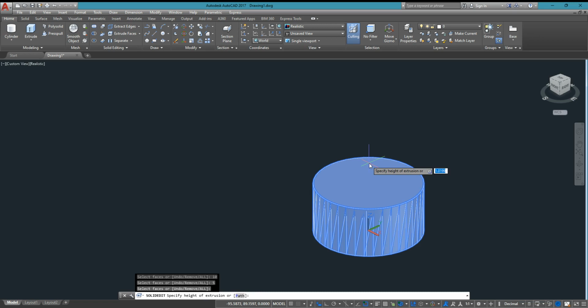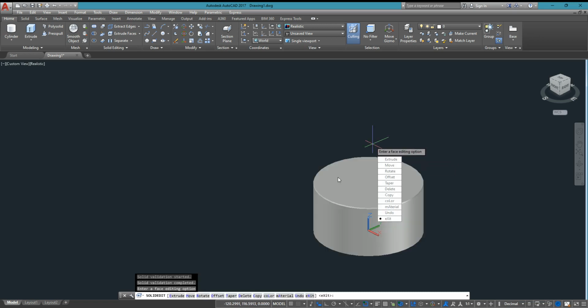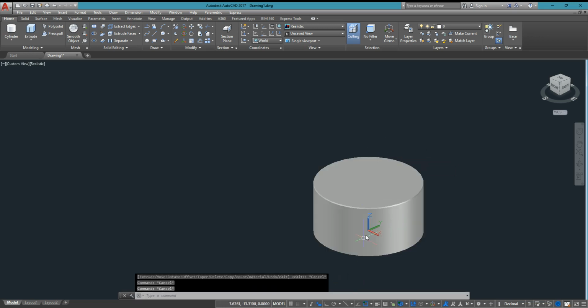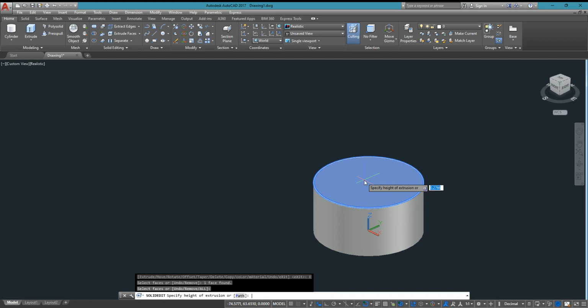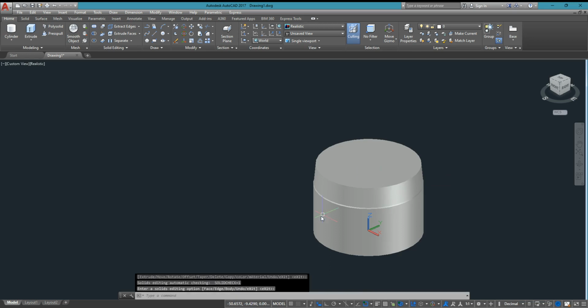So let's have that example. Let's try to select these faces, then enter, and then we have 20, and then let's have 5 for that. So we can see that the end of that cylinder reduces to that value.